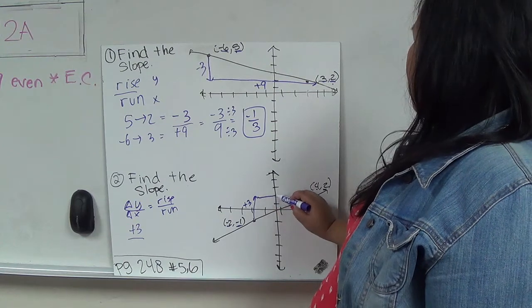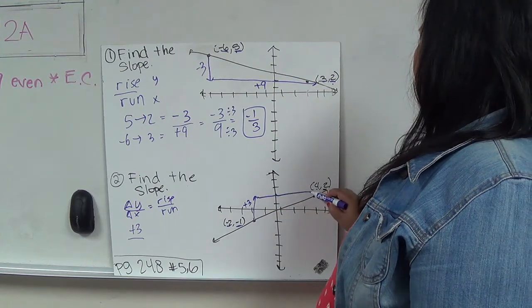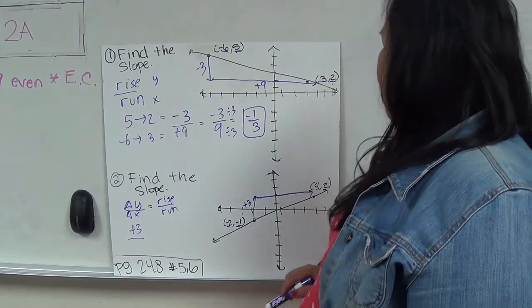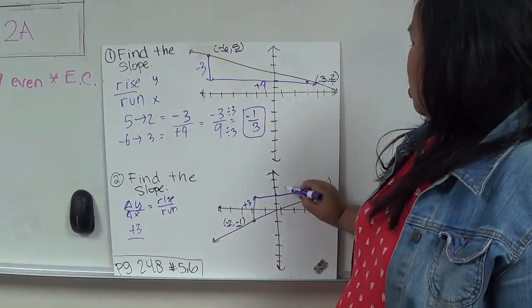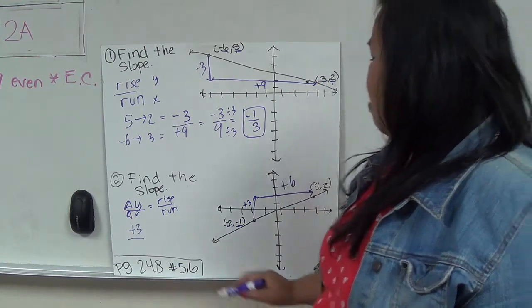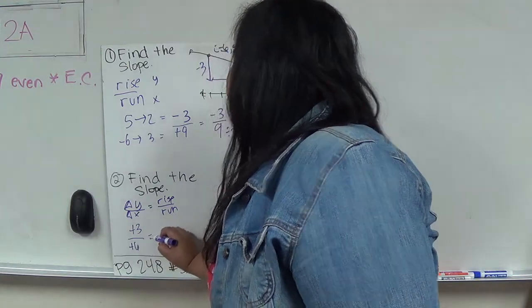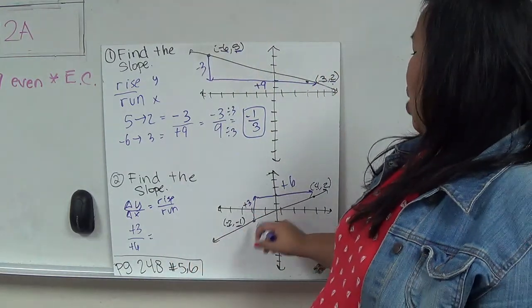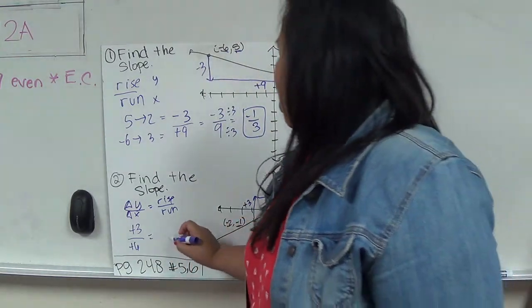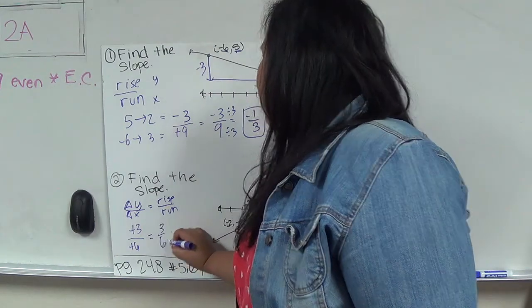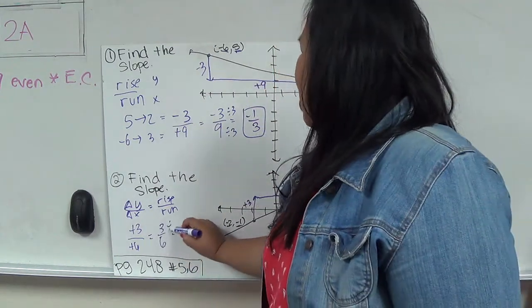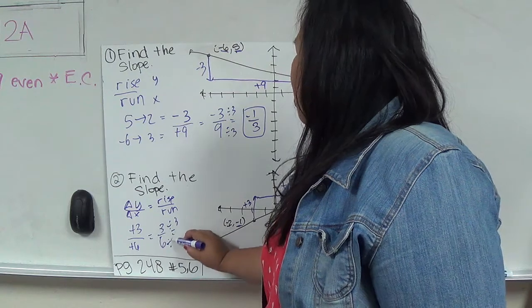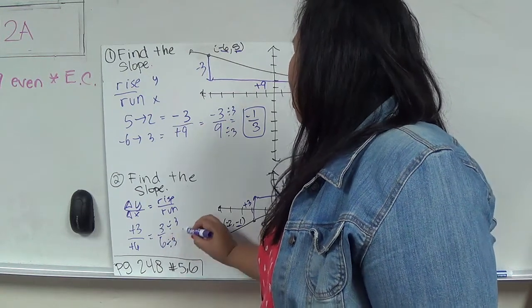And my run, I'm going from -2 to +4. So I go 2, right? And then 4 more would be 6. 2, 4, 6. So I'm doing +6. So that means, because both is positive, this is a positive slope. So it's 3 over 6, but that can be reduced. I divide top and bottom by 3, and I end up with